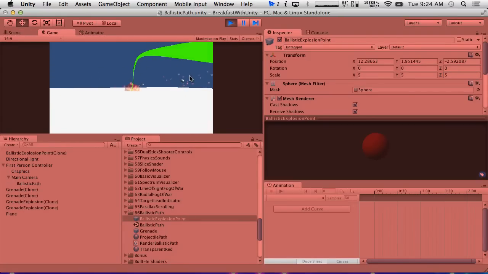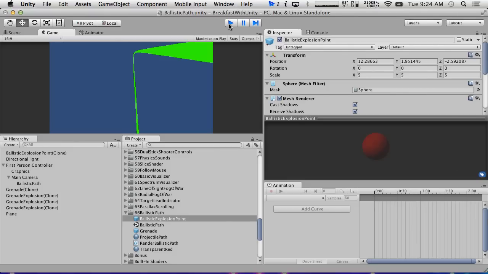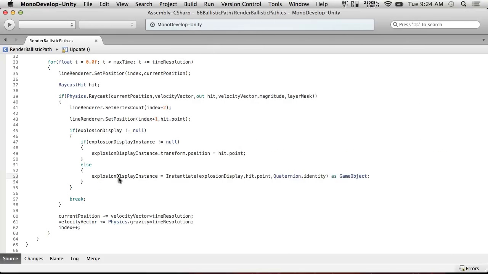Okay, so we do have one more bug I'm going to point out real quick that we should fix. If we move to the edge here, all of a sudden you'll see that even though we're past the edge, the ball is right there. And if we put it back in, it'll move. And the reason for this is, in the case where we don't hit anything, we don't do anything with the explosion display instance. So what we should do is, if explosion display does not equal null,